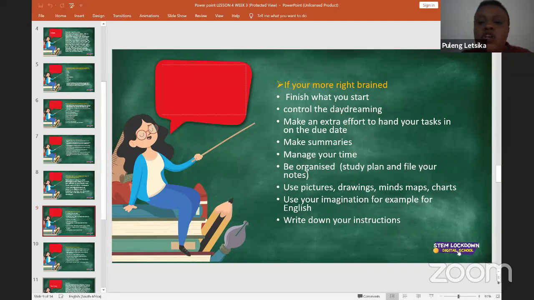So also write down your instructions. You can get carried away, as I said, even by one question or go deep into one question. What I suggest you do is, when you write down your instructions, let's say you're given an assignment and that assignment requires you to answer 5 questions. You write each of the 5 questions down, maybe on top of, let's say you're using an exam pad.